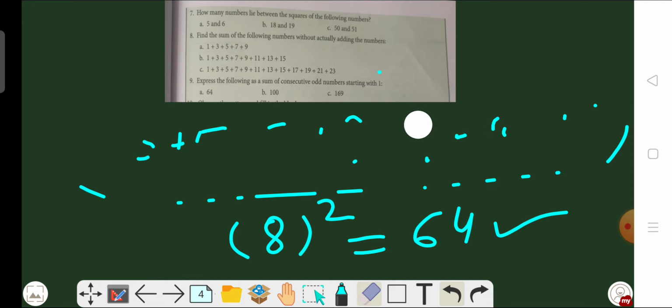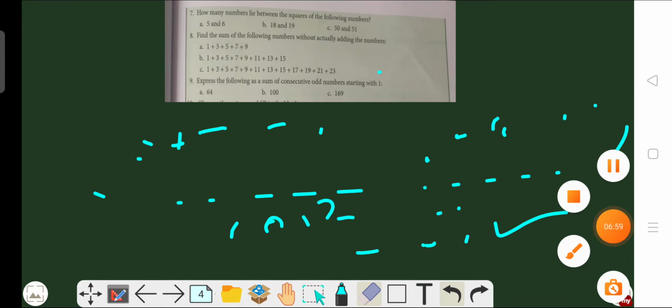Now move on to question number 9. So 9th question, beta. Express the following as the sum of consecutive odd numbers starting with 1. The 9th question is the reverse of the 8th question, beta. Okay. In this question we are given the sum and we have to express the sum as a sum of odd numbers. Okay. So the A part,